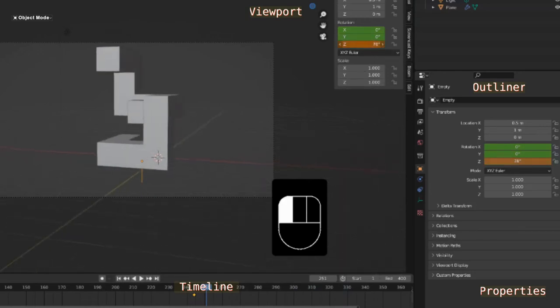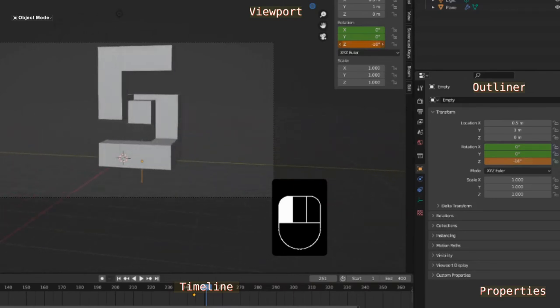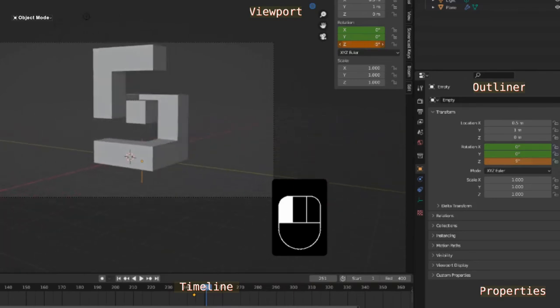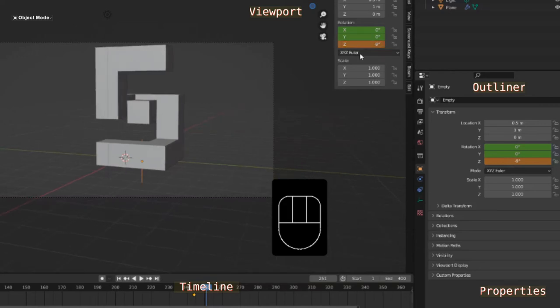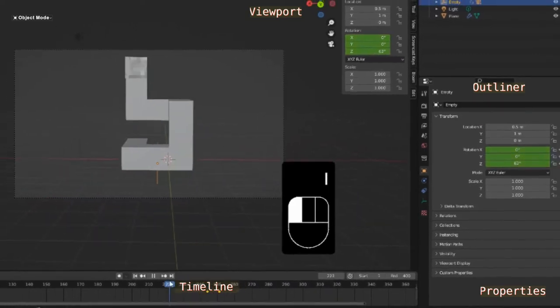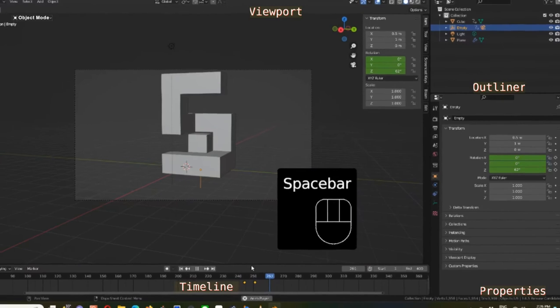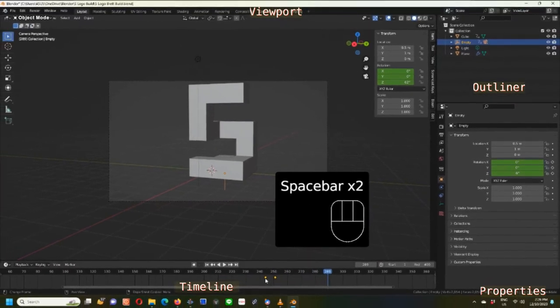Now I need an ending point for my rotation, and I'd like it to rotate somewhere about halfway through the falling cube. That's just for me. You just play with these settings till you get the effect that you would like, the thing that you like to see. I'm moving the camera on the Z-axis in the rotation boxes, and then I go I and put a keyframe in.